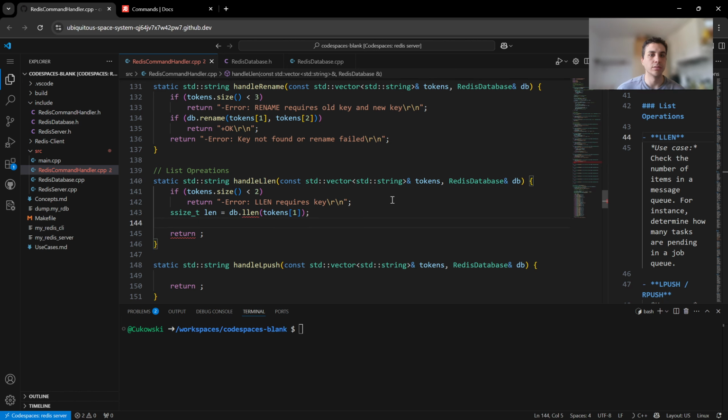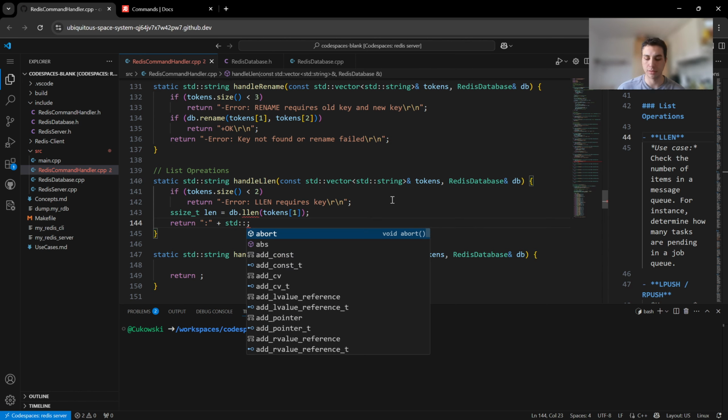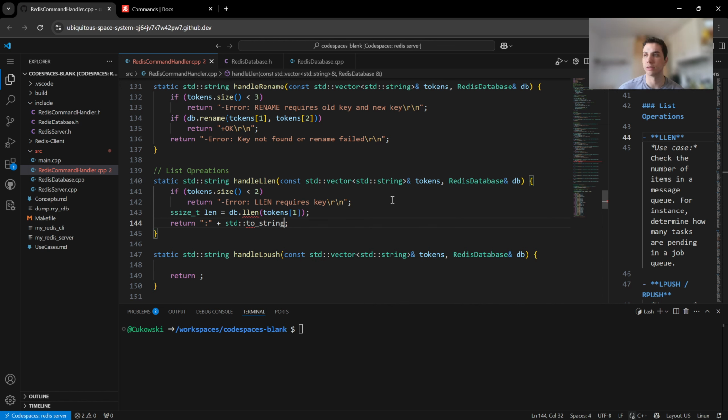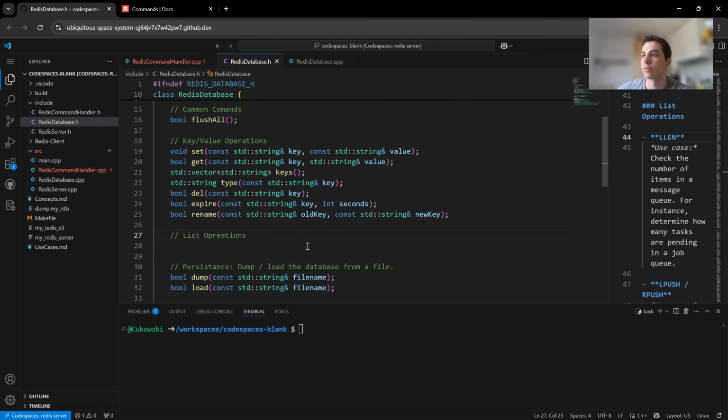And then we will return std::to_string(length), and we will give it that, because we will be returning length from the database. We don't have it yet, as I said, but we will have it. And yeah, we will be